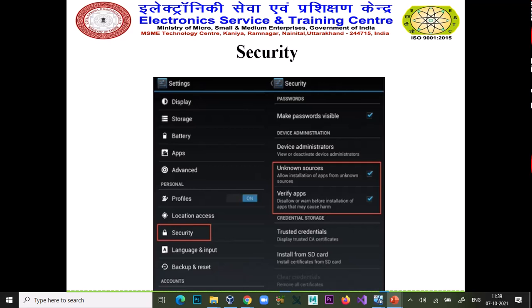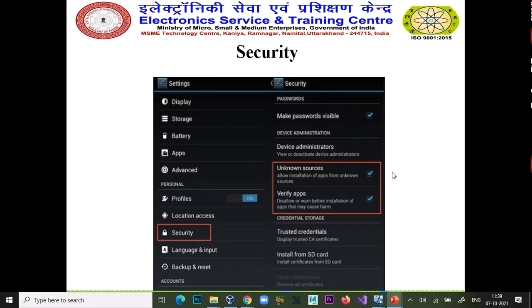Just check the unknown sources. Please don't enable this option, unknown sources, if you don't want to install any third party app on your system. If you are a developer, a game developer or a researcher, then you have to enable it.